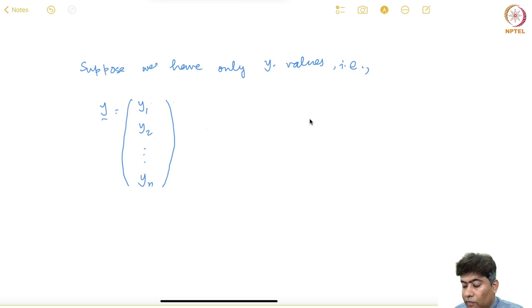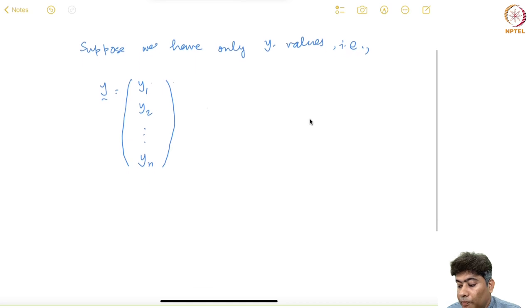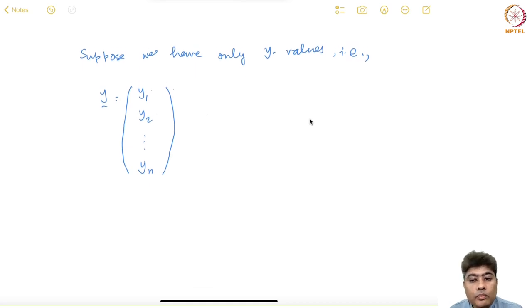And if we want to understand how the distribution of y behaves, probably what we will do is try to figure out the frequency distribution of y. So we will create some bins like this,